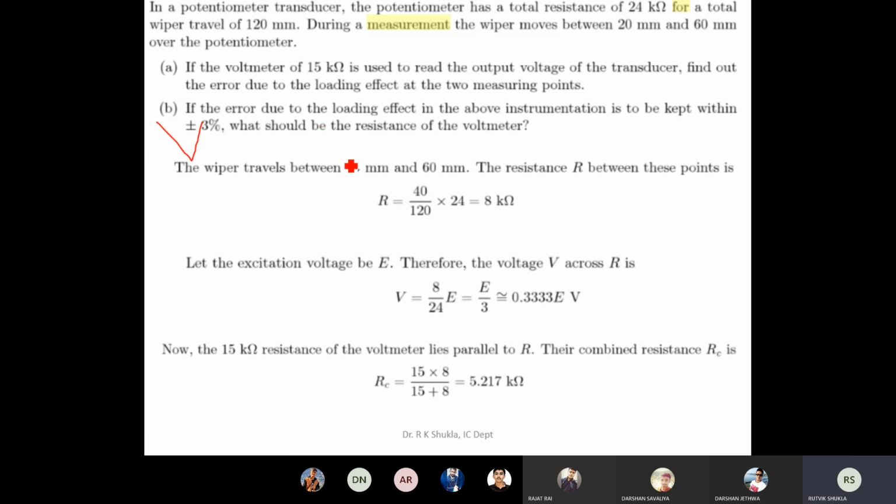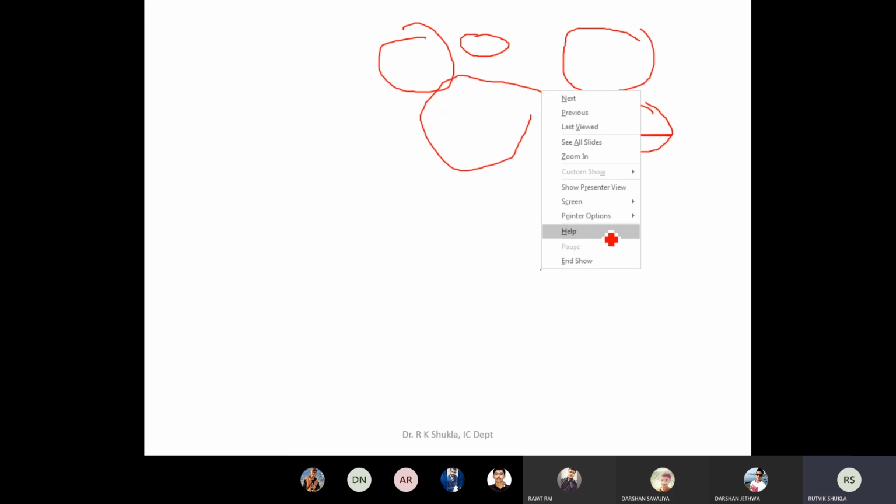What it says, if the error due to the loading effect in the above instrumentation is to be kept within plus or minus 3%, then what should be the internal resistance of voltmeter? That is the designing part. આને કહેવાય designing. It means